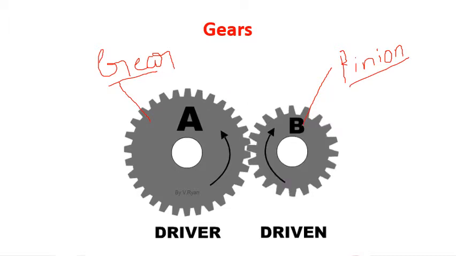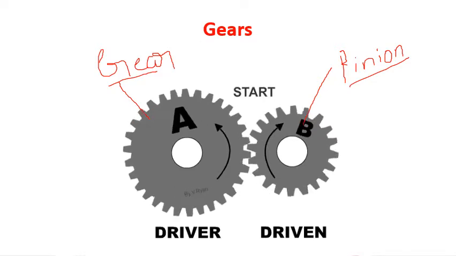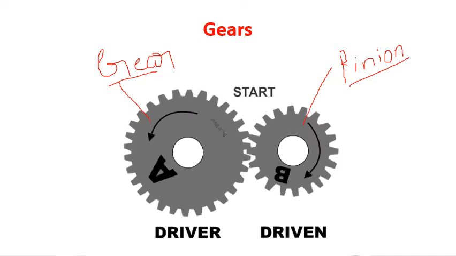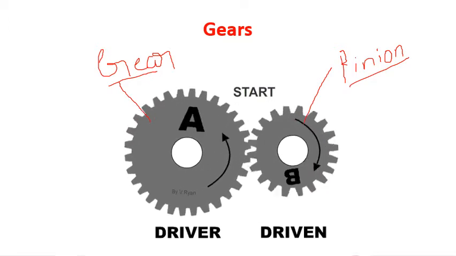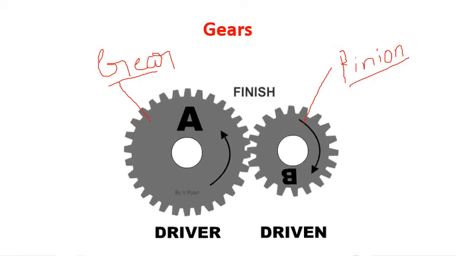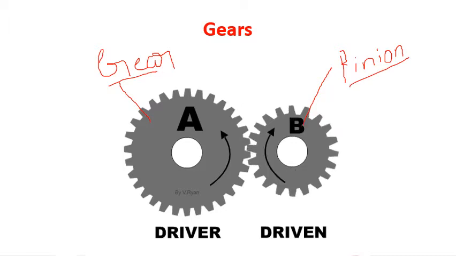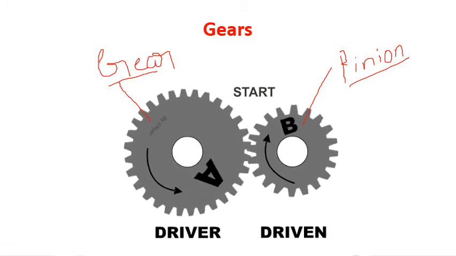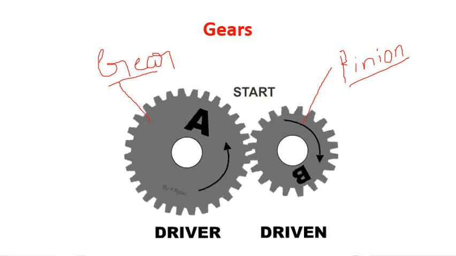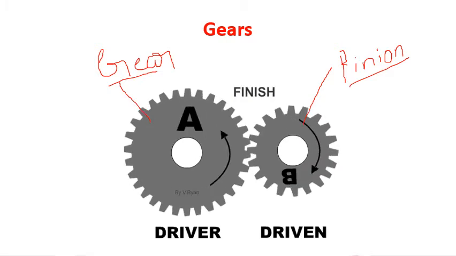Efficiency is high compared to other types of drive system, like chain drive, rope drive, belt drive, etc. And one more advantage is it is compact in size. Within small space we can accommodate this type of drive, and it is more reliable than other types of drives. So these are some of the advantages of this gear drive.